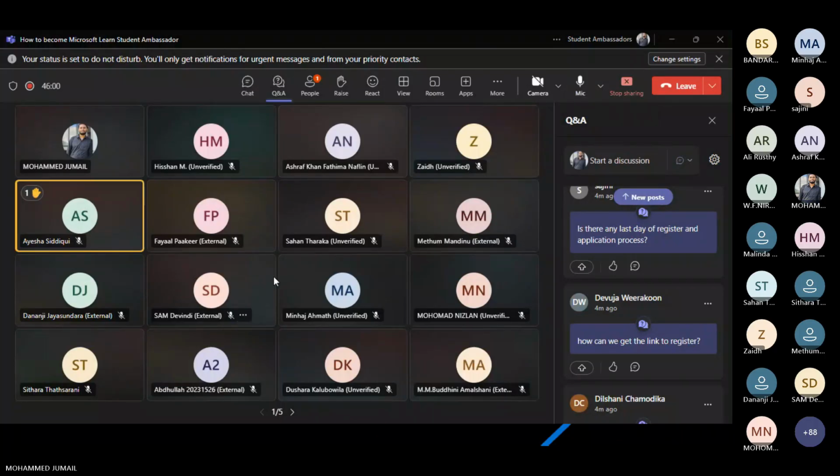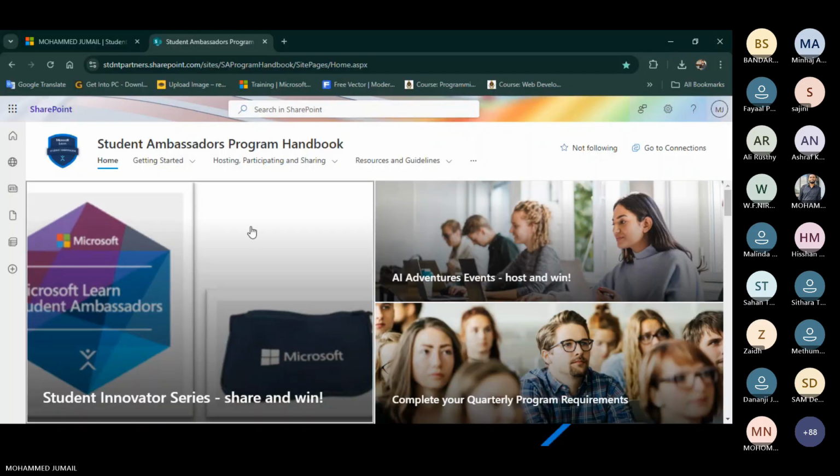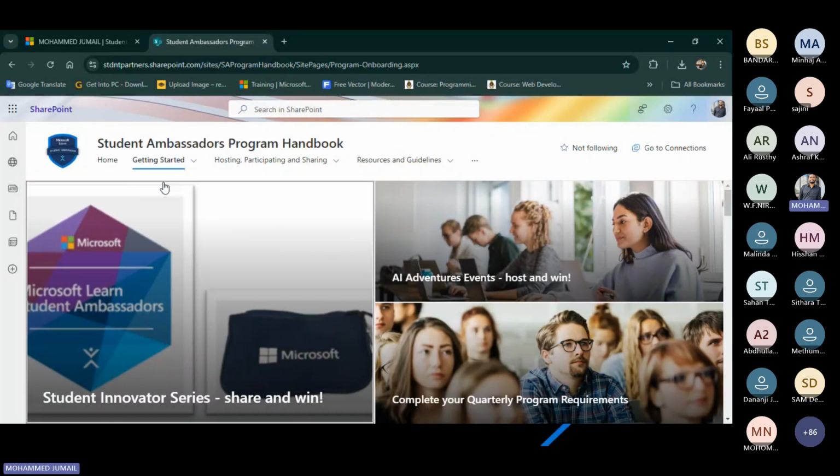This is the student ambassador handbook. You can see the program onboarding.